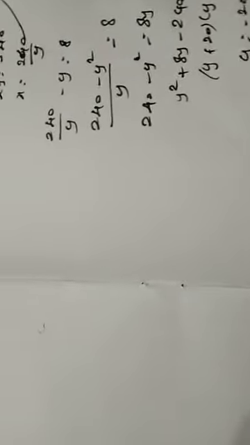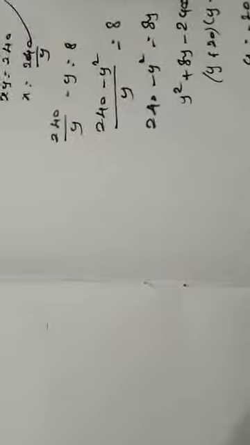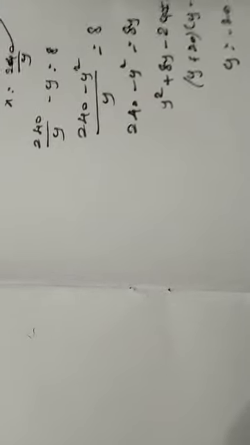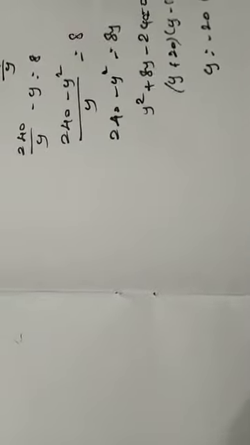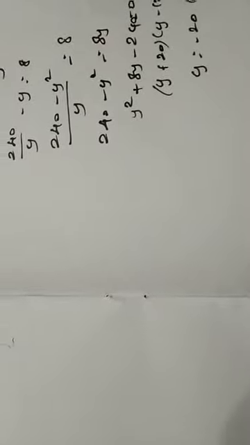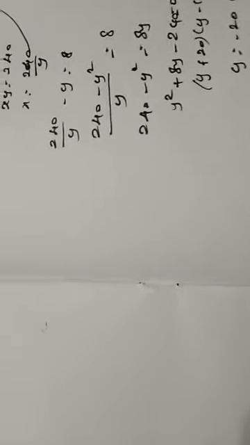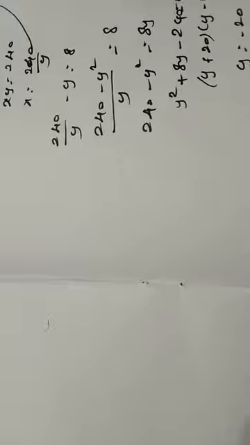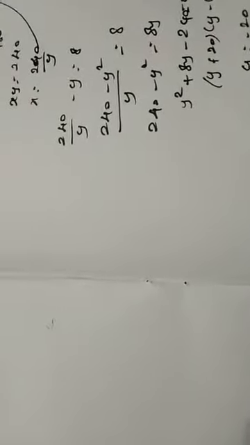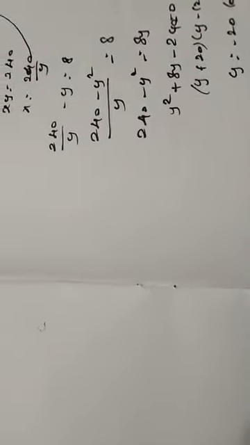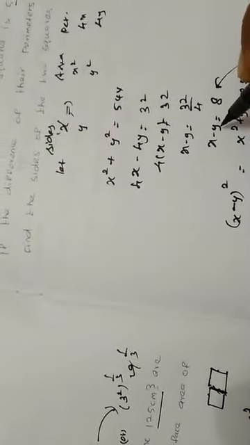If y equal to 12, then x minus y equal to 8, we can substitute x minus 12 equal to 8. So x is equal to 20. So the sides are x equal to 20 and y equal to 12. This is the sides of the thing. So here itself we can substitute any one, y equal to or x is equal to, substitute in this equation also. Anyway, we need to simplify like that.